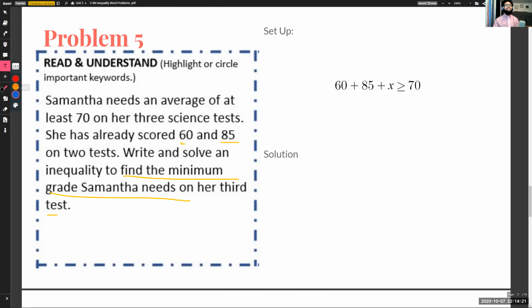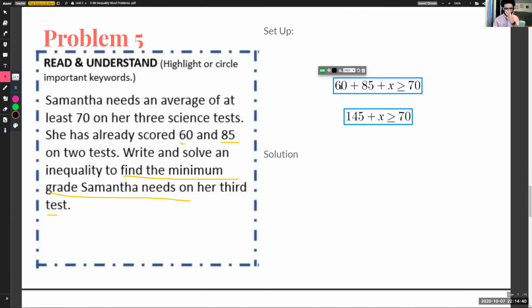So we have this 60 plus this 85. We're going to go ahead and add those 2 together. Oops, I don't need to draw that. That's another equation. All right, 60 plus 85, that's going to be 145 plus x is greater than or equal to 70. And now we're going to take this 70 and subtract